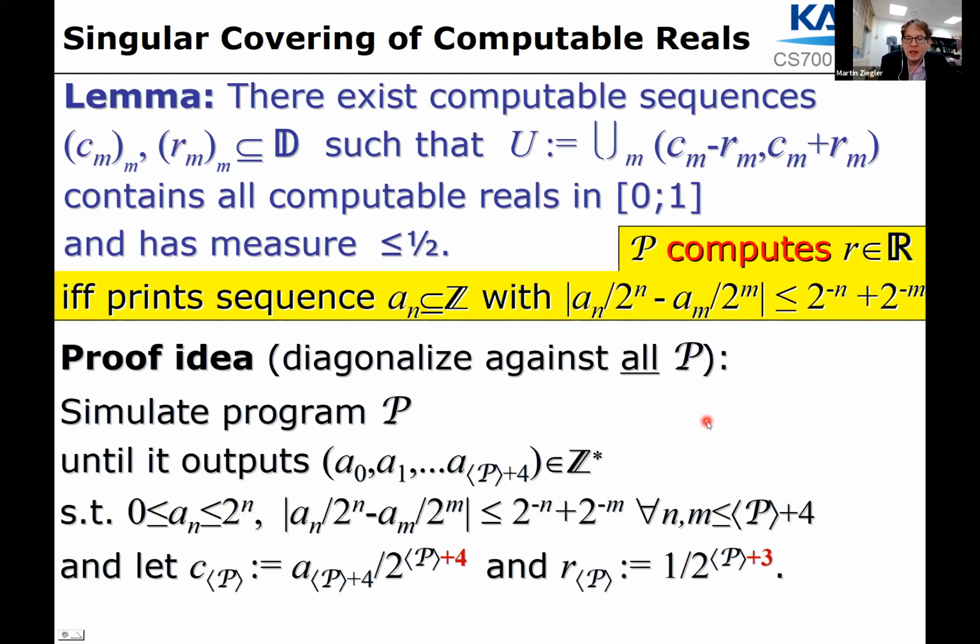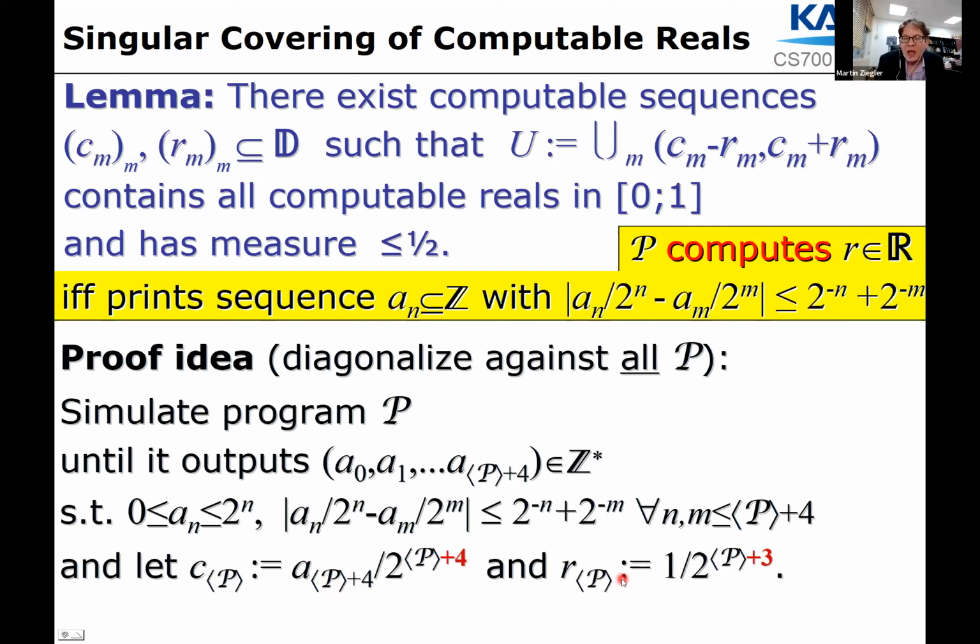And then in this case, our algorithm computing these sequences outputs the following sequence element that corresponds to the number of the program we're currently simulating. We take the index of the program +4 and use it as the numerator of a diagonal approximation